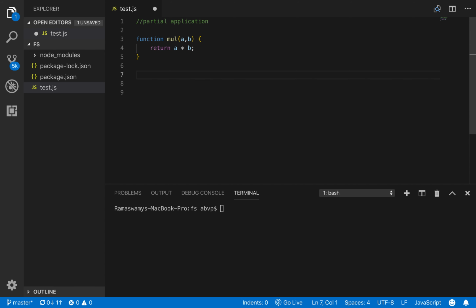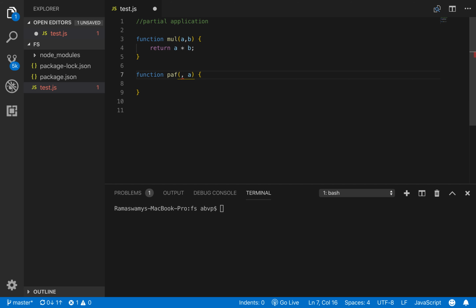Alright. So let us write another function called PAF, standing for partial application function, that will set the value of one argument out of these two arguments, a and b. So let us set the value of, say, a.